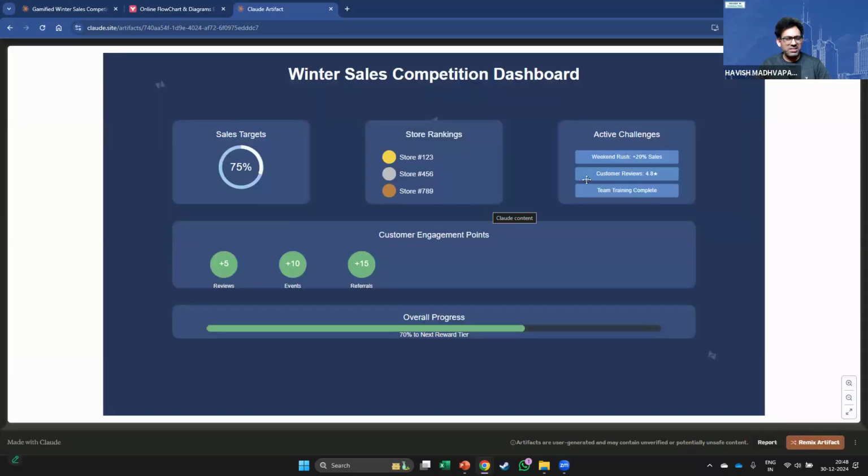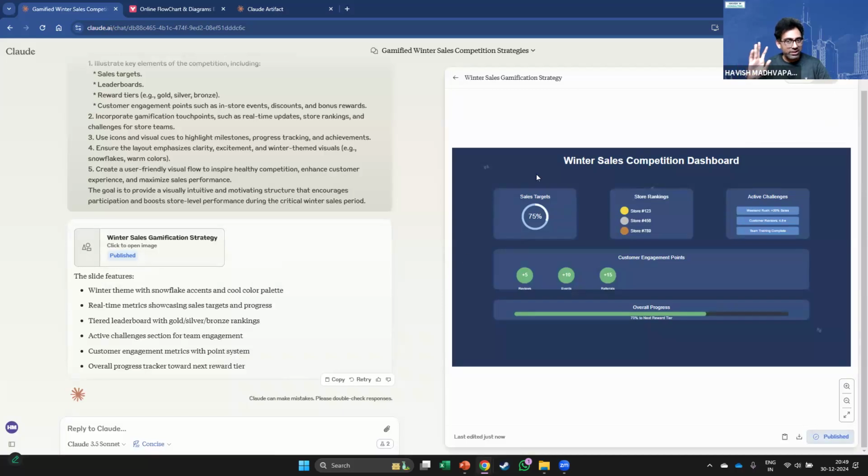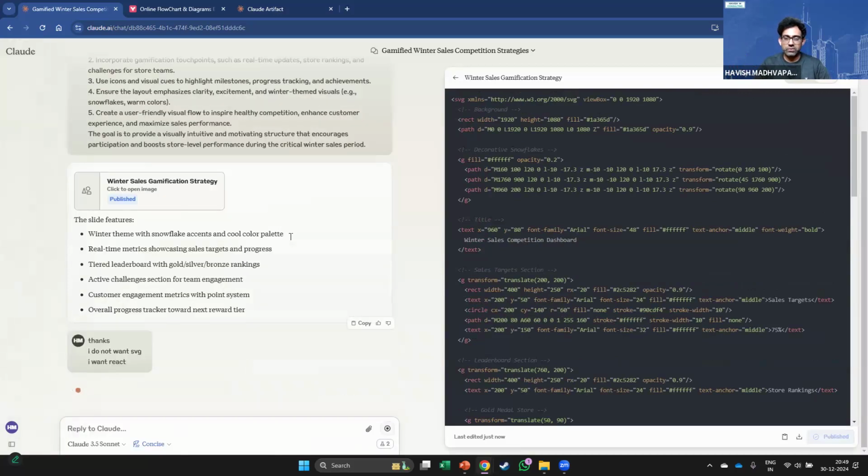Now you might say, but hey, it's a little rough around the edges. I agree with you. So I might have to come back to it and tell it, I do not want SVG, I want React. Look at this.